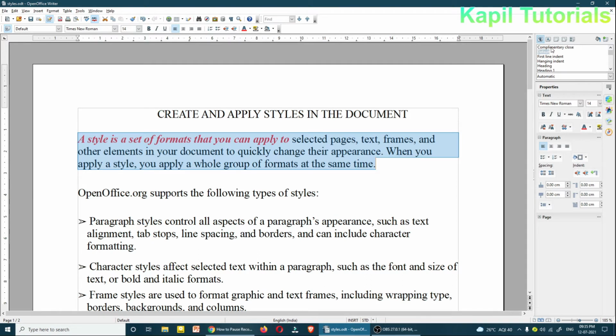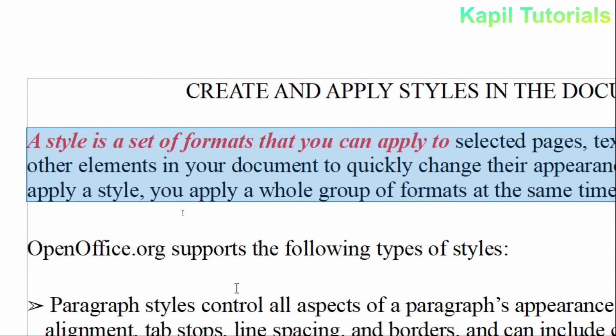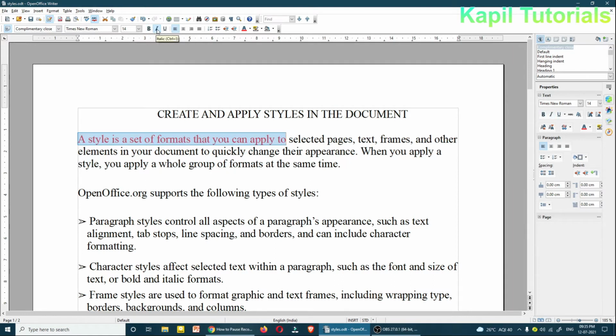I'll click upon this. You can see the difference. There is the difference. I'll change this also. What I have done manually, I'll change that also. Okay, now it will be easy for you to see the difference.